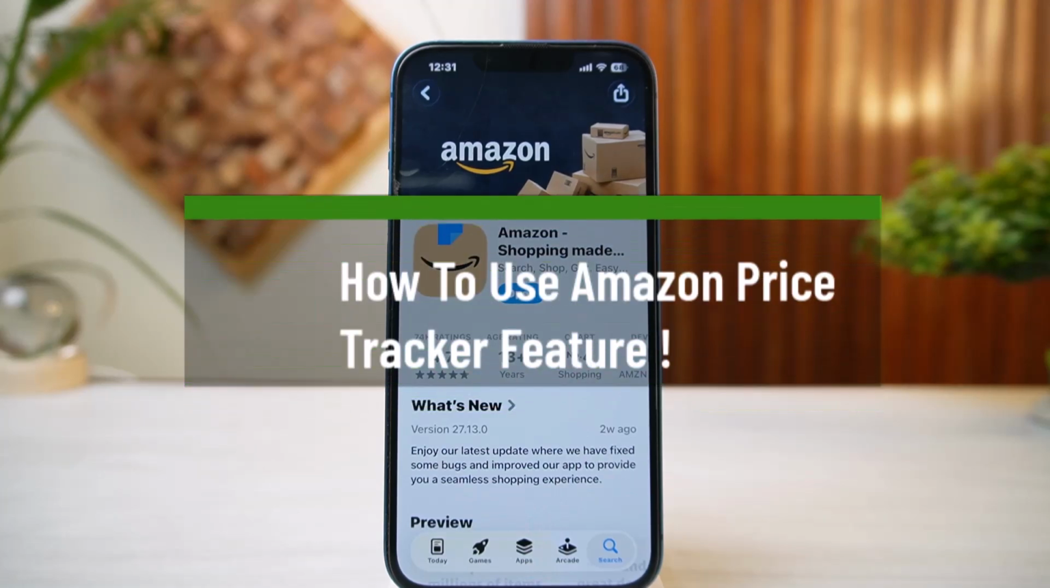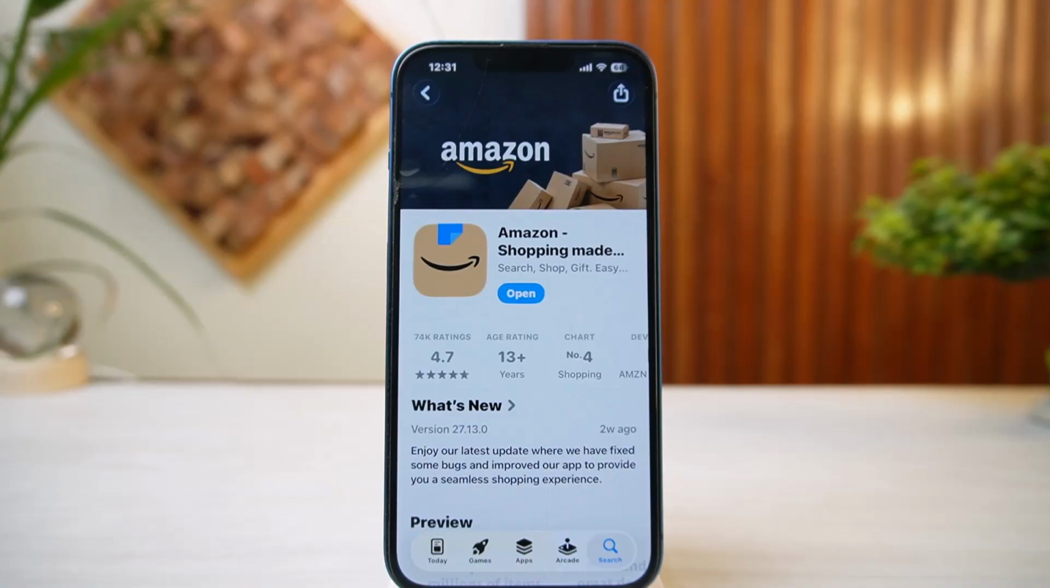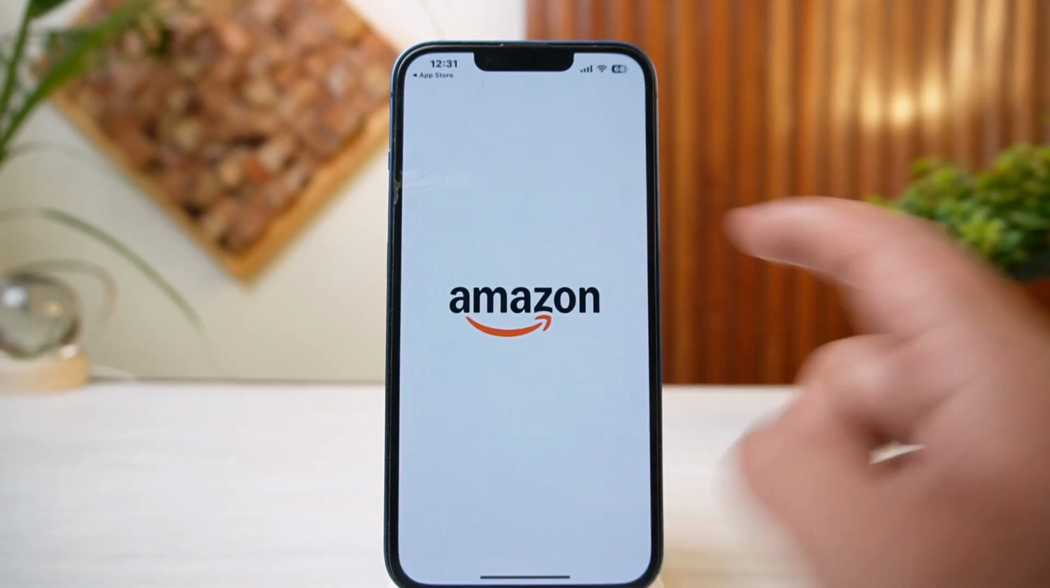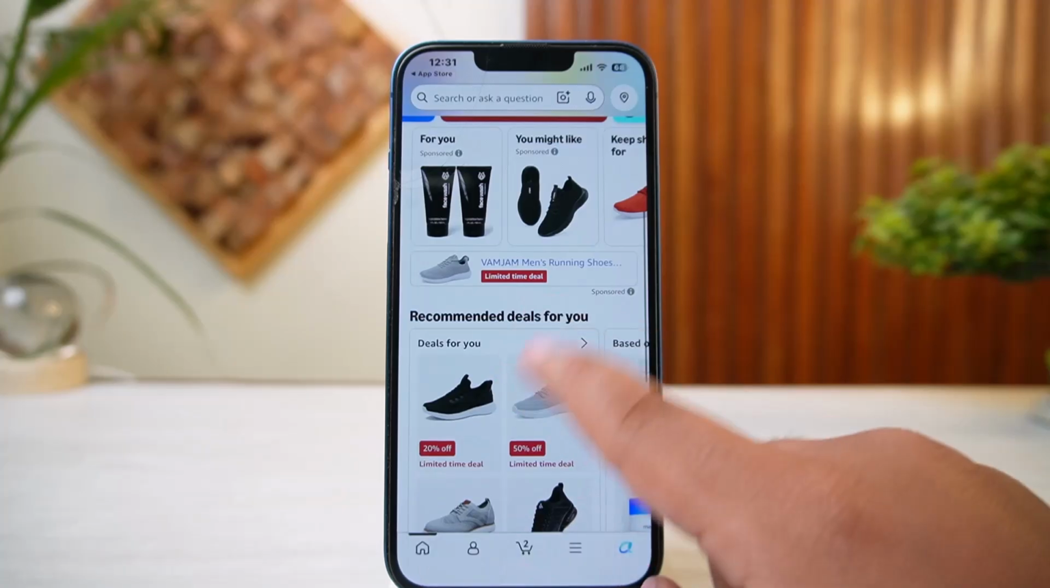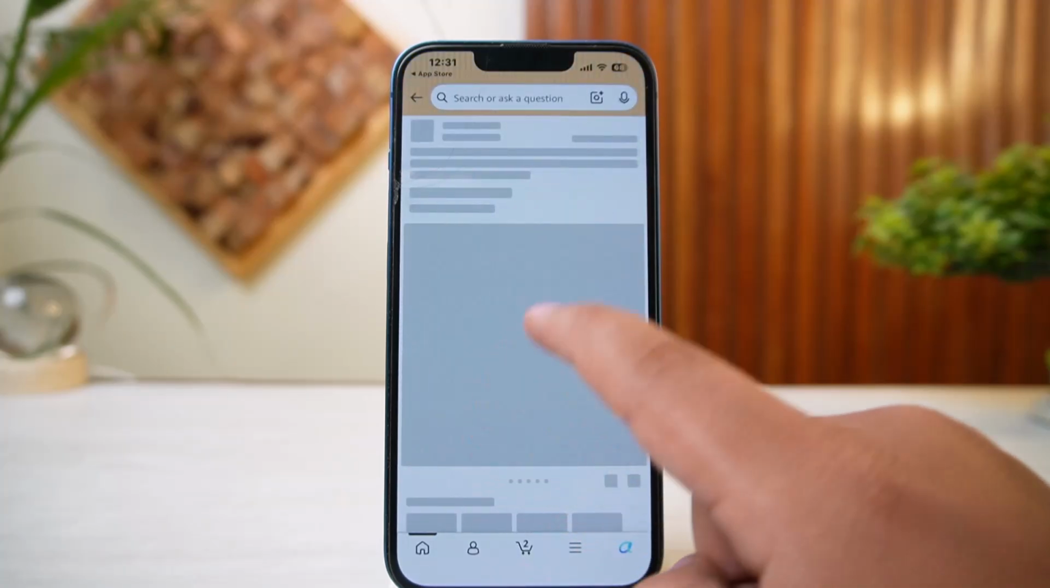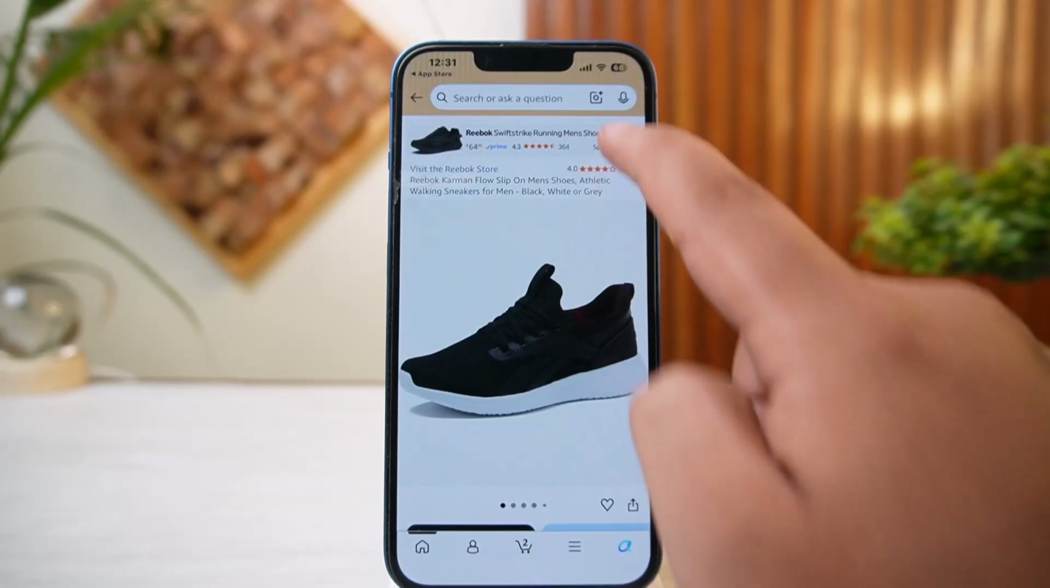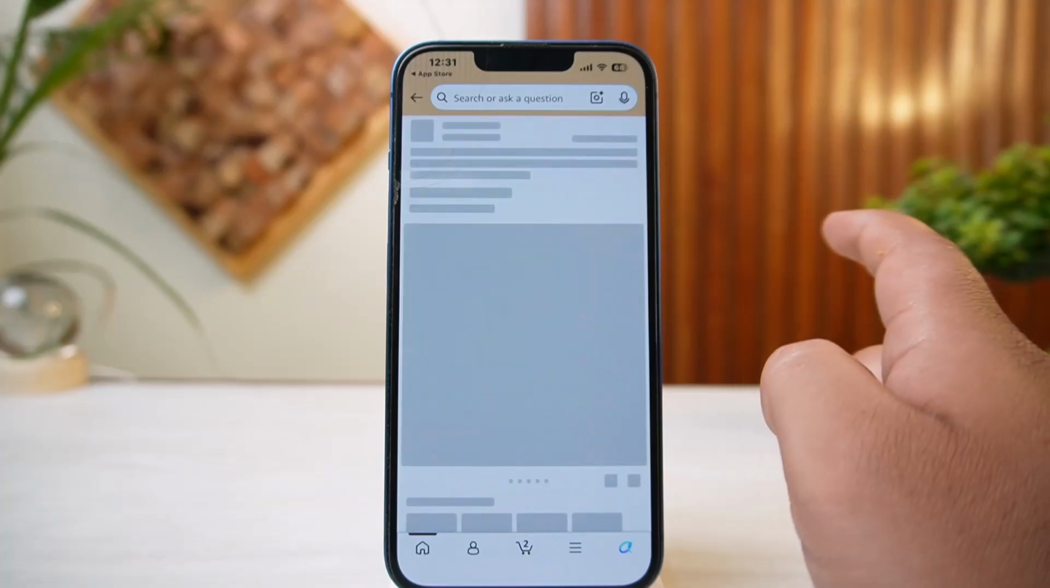In this video today, let me guide you through the steps on how you can use Amazon's price tracker feature. Simply open up the Amazon app or head into amazon.com on the website and search for the particular product. You can click on the product to open its main detail page, right? Once you open up the product's name to open up the main details page, there at the top you'll find